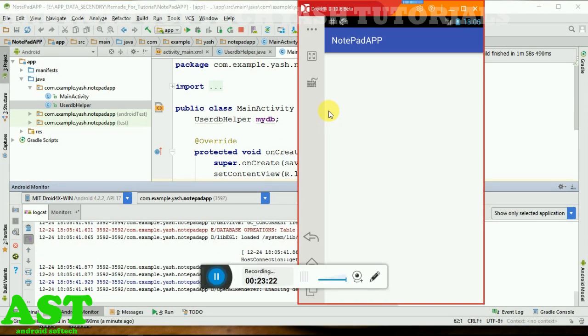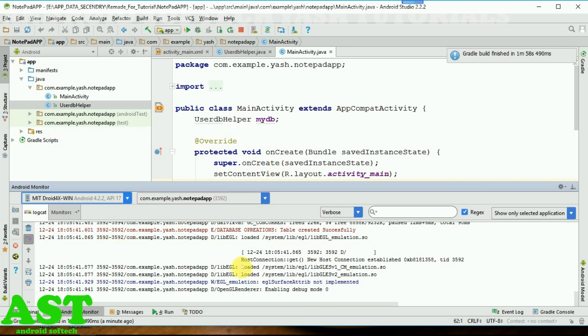Okay guys, now our app has launched in the emulator, and now there is nothing in this app because we didn't design or create anything in it, but we have created our database. So now we are going to monitor our database operations, like whether our database and tables have been created or not. So let me minimize this, and now check the Android monitor, the